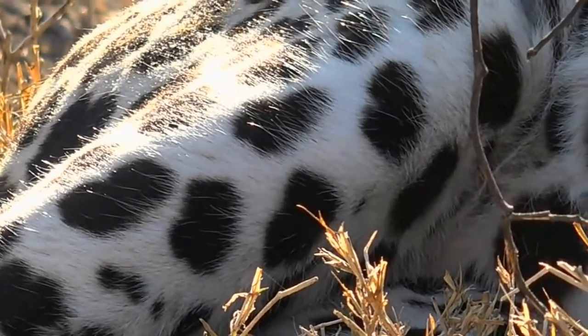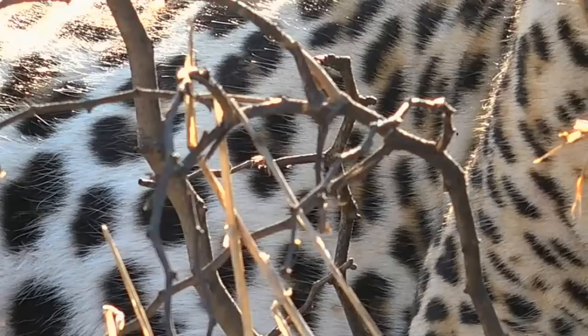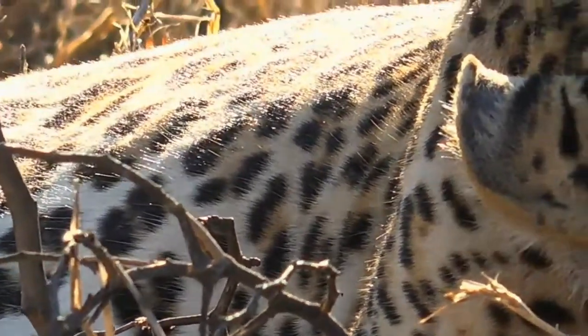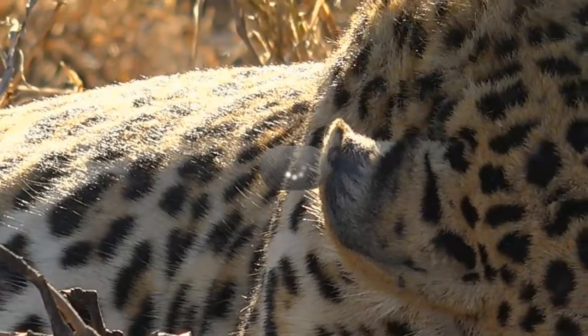So while we're looking at those dark, solid spots around inside the belly part of his body, one viewer says he doesn't seem to have rosettes, because isn't that one of the main differences between cheetah and leopard? And that is true. Cheetah have solid spots and leopards have rosettes. It is just the angle that he's lying at. The belly part of his body